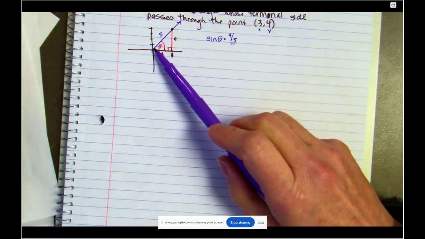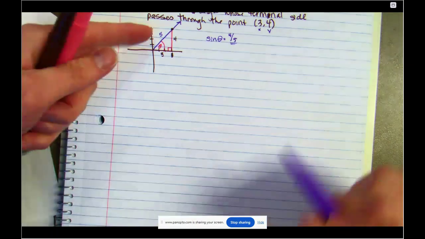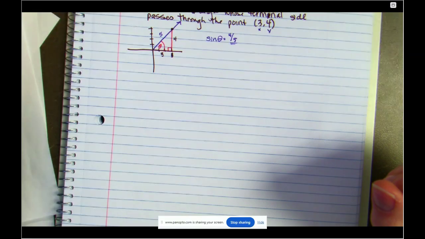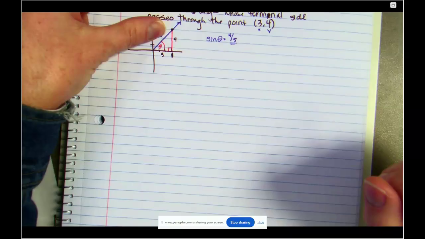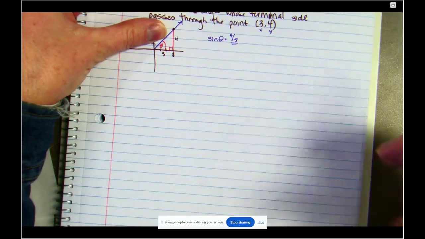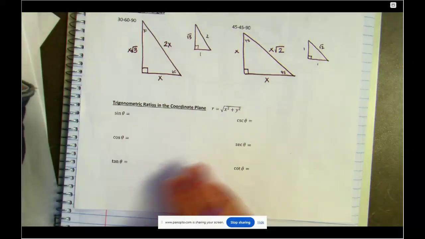Okay? Listen, you're given X and Y, which are the sides of your triangle. If you didn't know it was 5, how do you have to find it? Okay, if you didn't know this was 5. What if it was not a triple? How do you find it? You would use Pythagorean theorem. So if you look over here